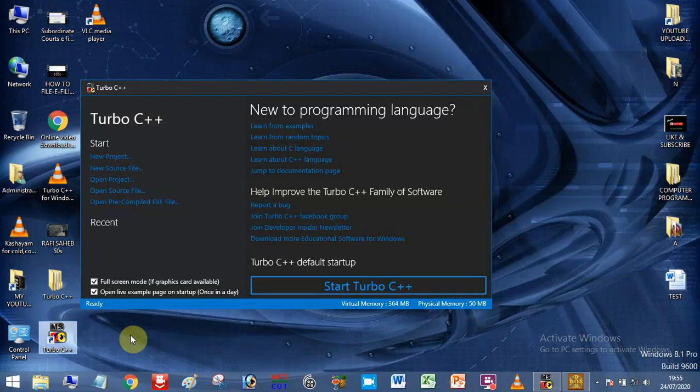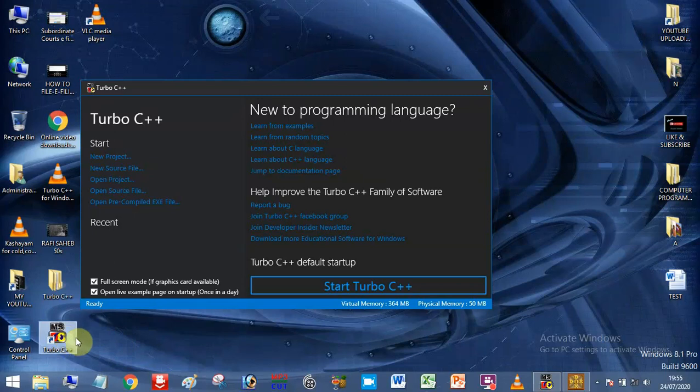In my last video I explained an introduction to C++. Now I'm going to start showing how to do coding with the help of operators. So now let me show you.